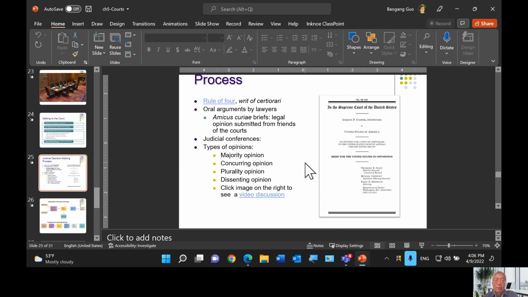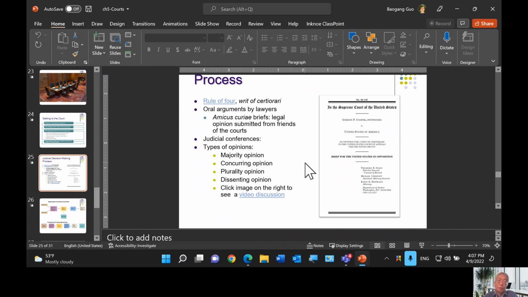So that they might send the invitation to the public saying anybody who is interested in viewing your opinions, you can send an Amicus Curiae brief to the court. Amicus Curiae literally means the opinion of the friends of the court. Okay, so that's really the only opportunity the public has to influence the judicial decision-making process.